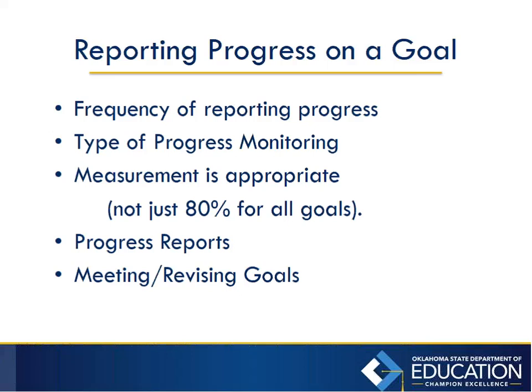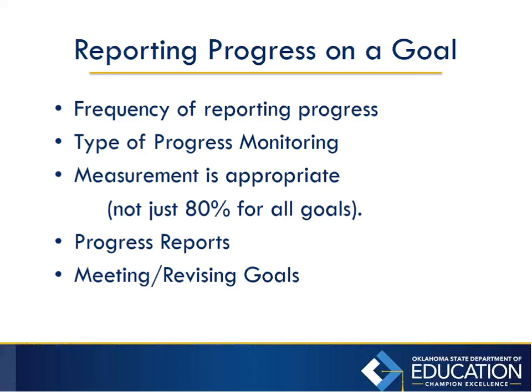If the student is not making progress on that goal, then do we need to add some objectives to help them? Do we need to change the accommodations? Or do we need to rewrite more goals or add to them or take some away? Really look at that and see what that goal is telling us. What is the progress on that goal telling us?